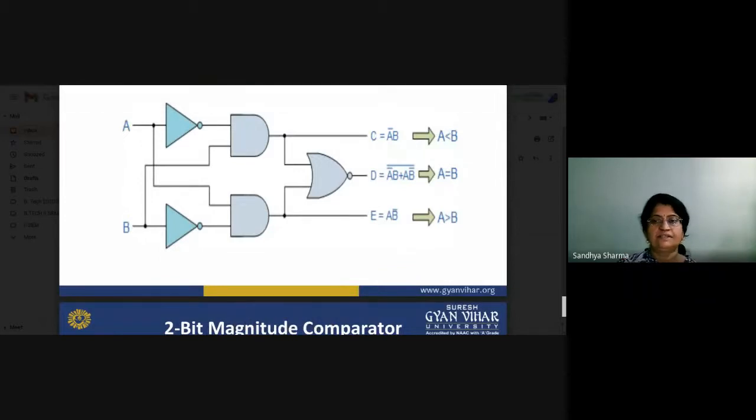So there are 3 conditions: either A will be less than B, A will be equal to B, or A will be greater than B. The input signals you apply will be compared with the other one, and it will be equal, greater than, or less than. So there are 3 conditions.